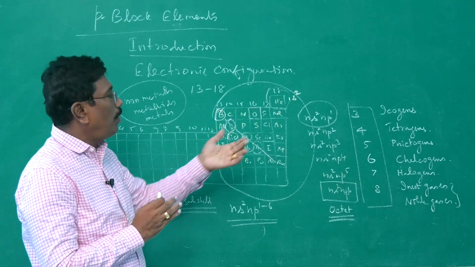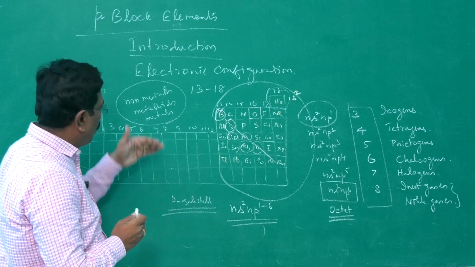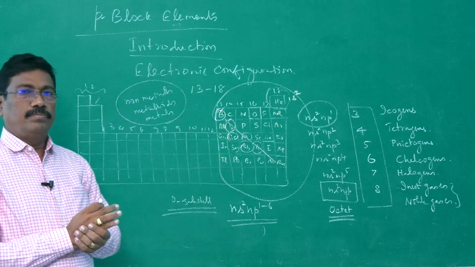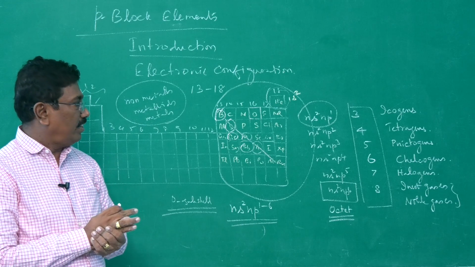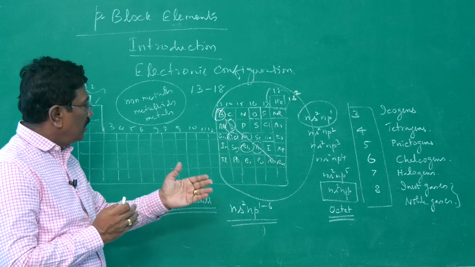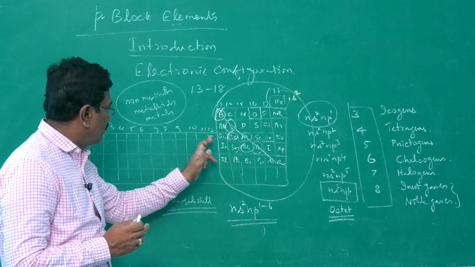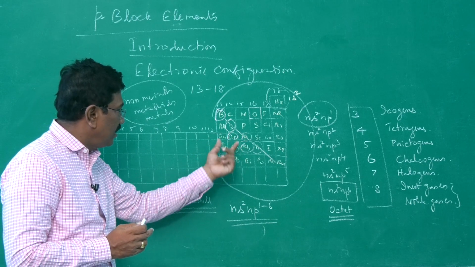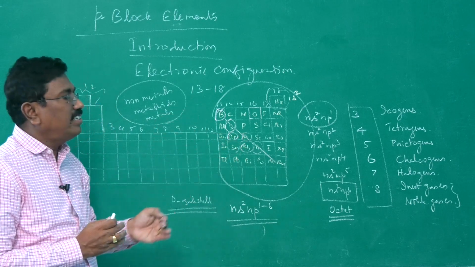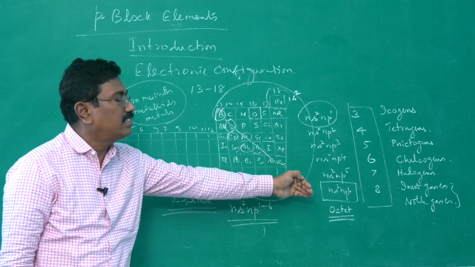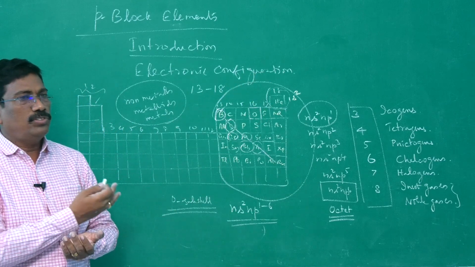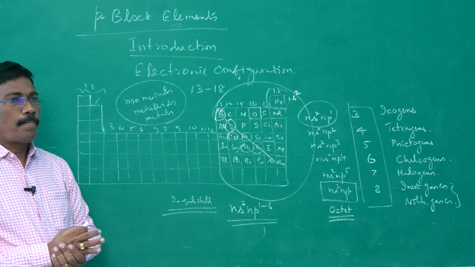But apart from group oxidation state, most of the elements while moving from top to bottom, we know the inert pair effect. It is because of that, after the transition element gallium, if you enter these elements, they show oxidation state 2 less than the oxidation state shown here. Those things we have discussed already.